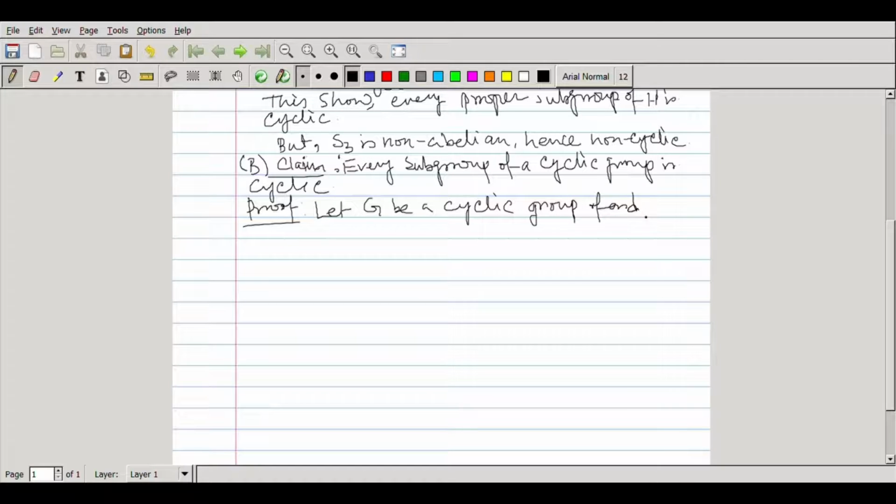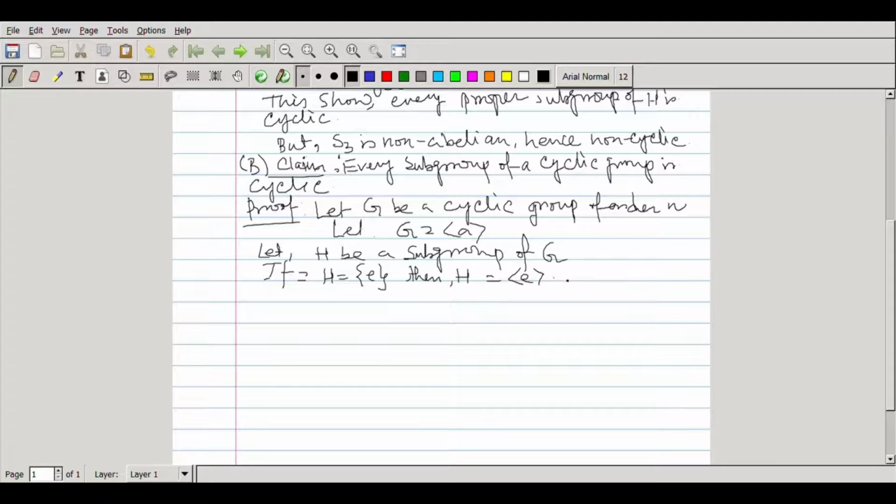Of order n, let G be generated by a, and H be a subgroup of G. If H is the trivial group, then H is clearly generated by the identity element, hence cyclic. If H is not the identity element,